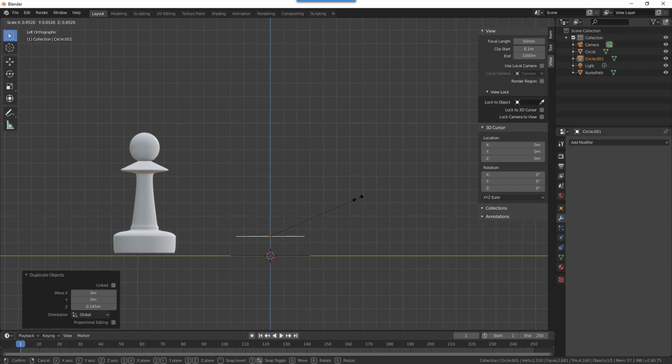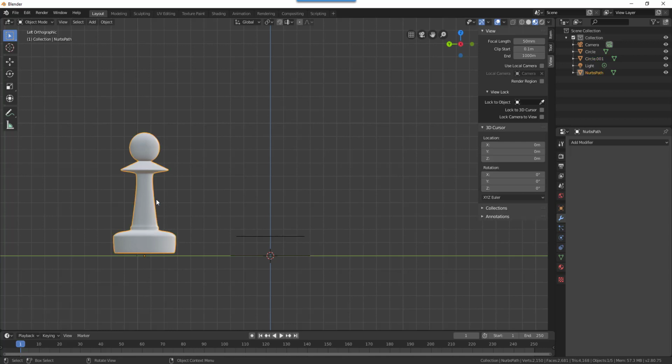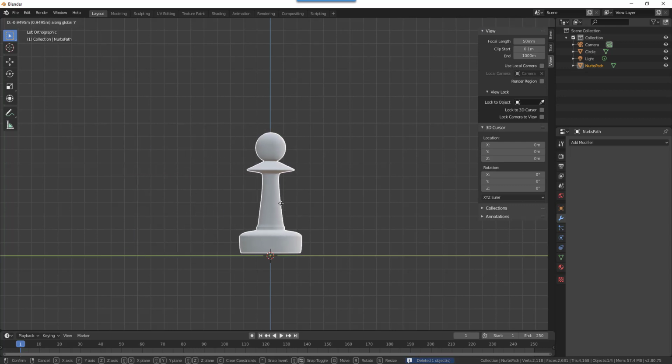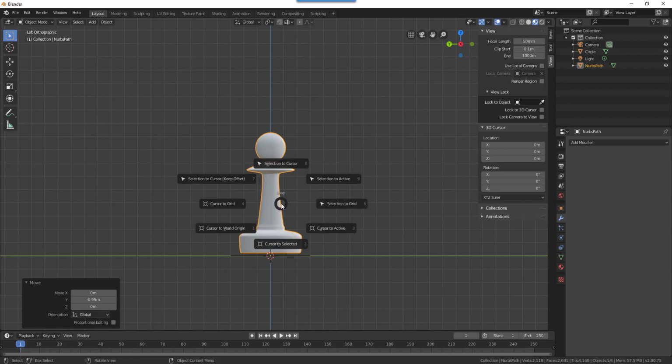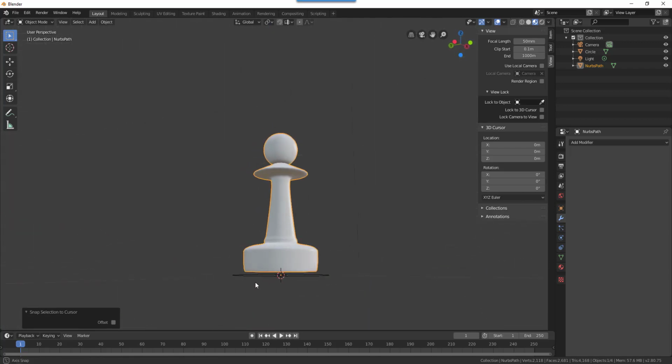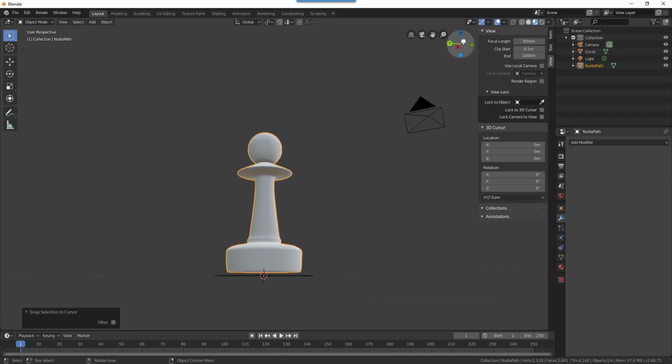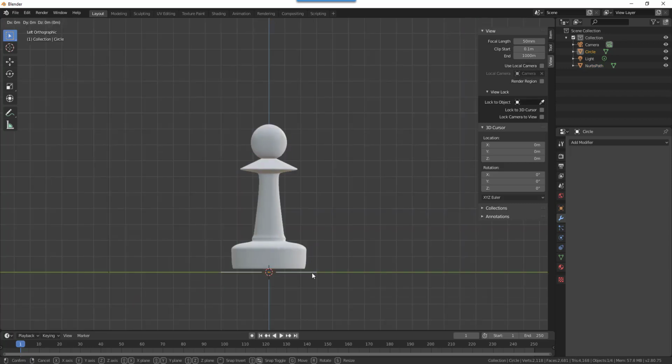Okay, so now we're gonna put what we think might be a pawn. Like I said, references are better. So we're just gonna copy this pawn instead. So we're just gonna delete that top one, G, Z, Y. Or you could just do Shift S and selection to cursor, because for some reason my origin is all the way at the bottom. And then we're gonna select the circle, scale it down to the bottom of it,